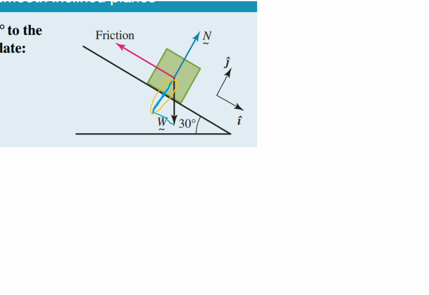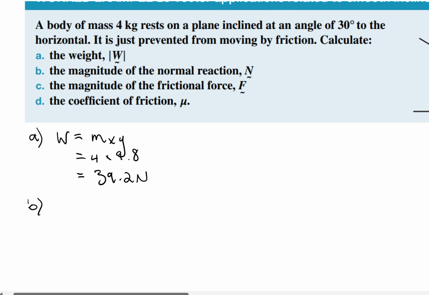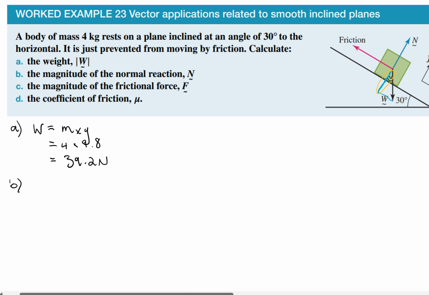So given that we've got 30 degrees as our incline, that means that this angle up here is also 30 degrees. Using 30 degrees in there, we need the adjacent side and the hypotenuse, because we know that. So we're going to use cos to figure out that side, along with the magnitude of w. So if I want the magnitude of n, I need the amount of the w vector which runs vertically, let's say, or parallel to the j vector. That is going to equal